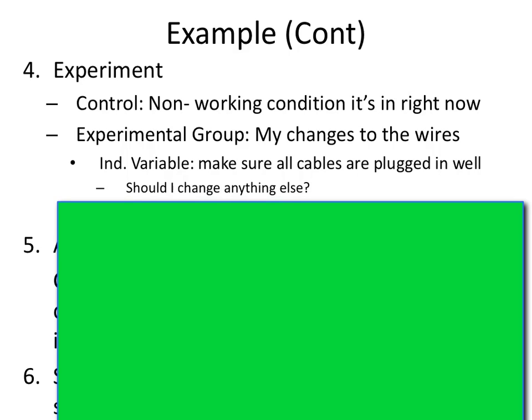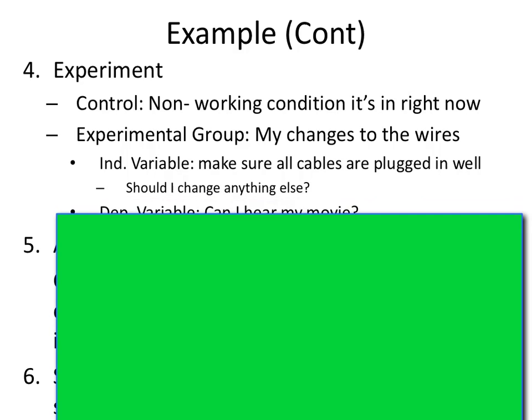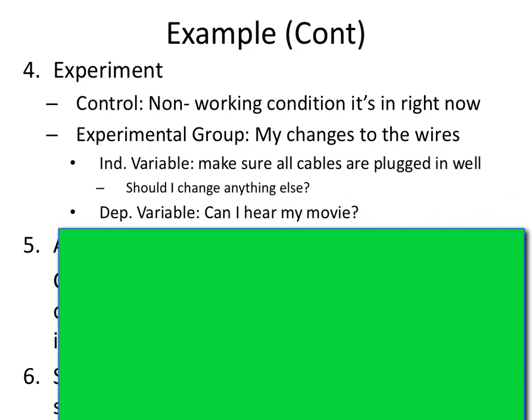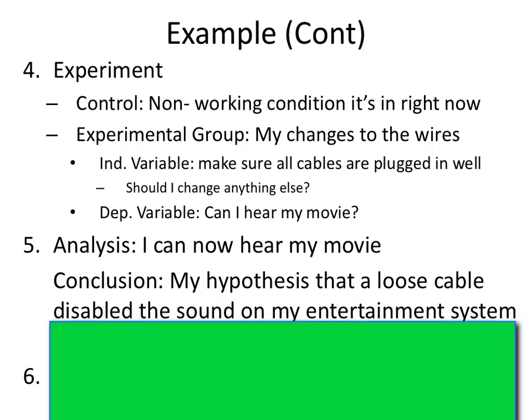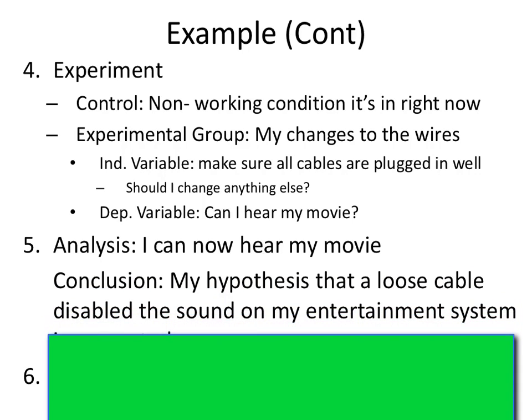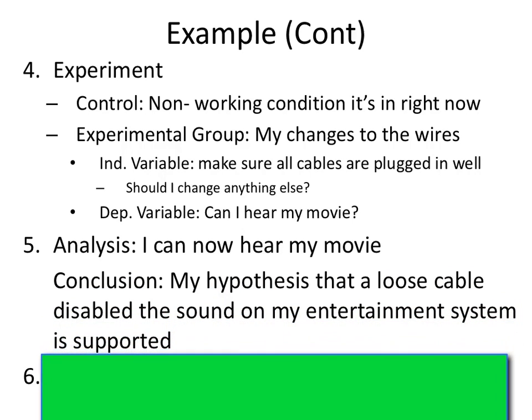My dependent variable is what I'm measuring. So what am I measuring in this case? Whether or not I can hear my movie. All right, so I do all this, and now I can hear my movie. Awesome. So my conclusion then would be my hypothesis that a loose cable disabled the sound of my entertainment system